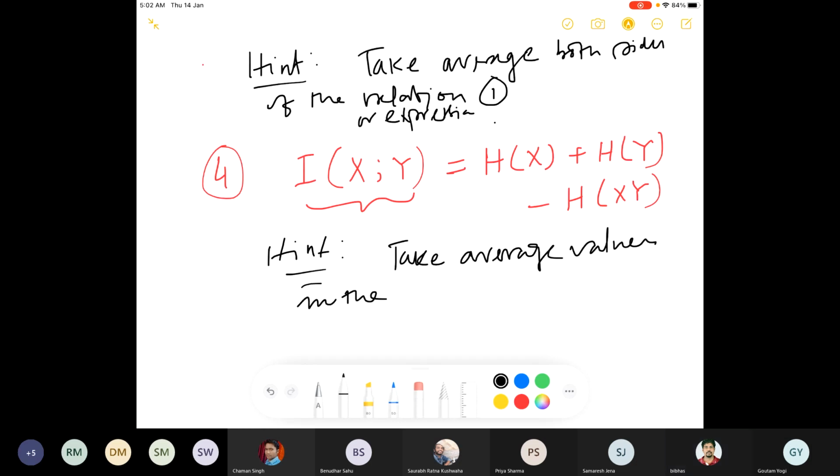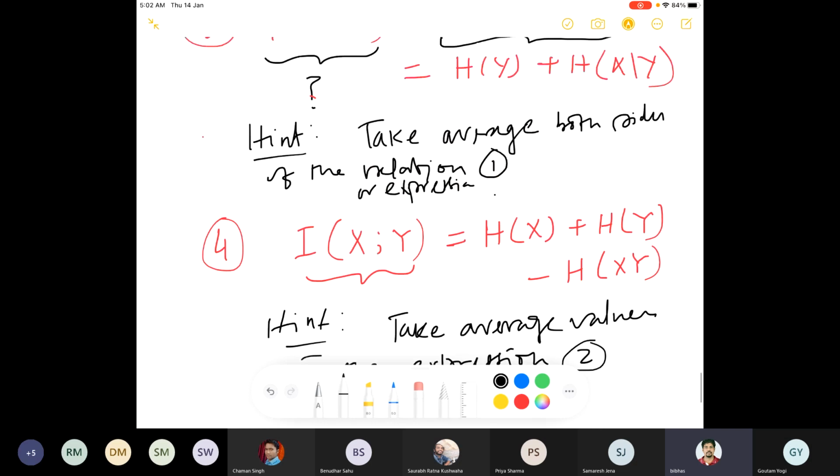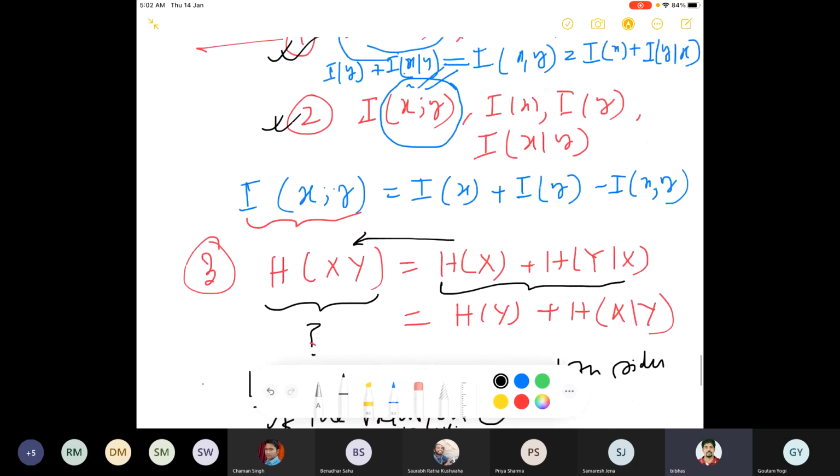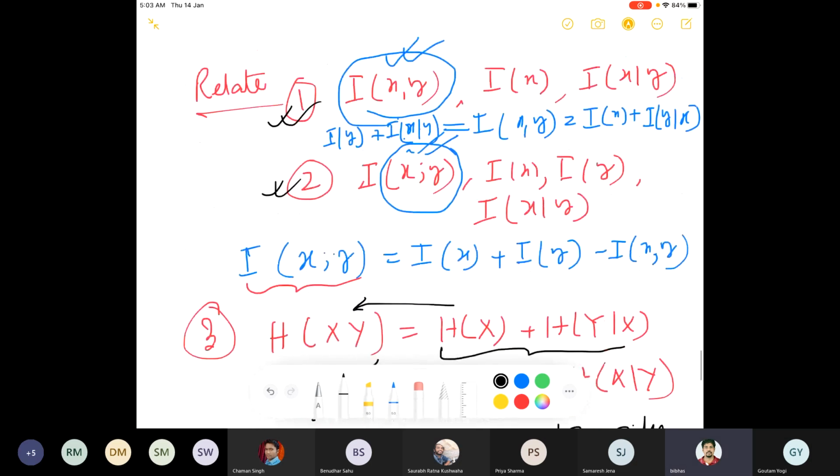In the relation or the expression, expression 2. Okay. Now, whatever we have done, see, still now, we only have done for